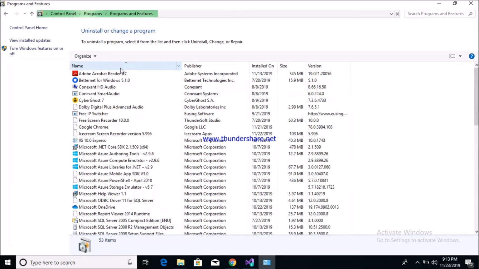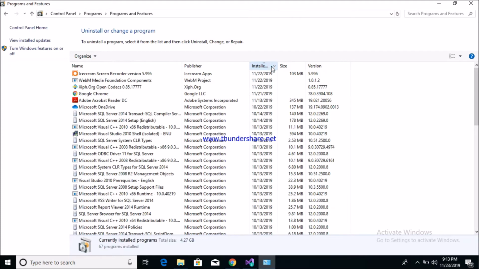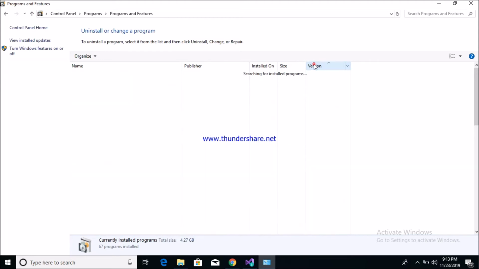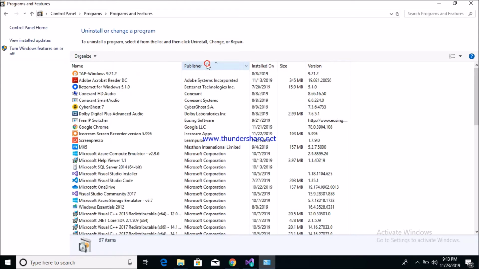Here is the program list, showing the installed programs on my laptop, and we can sort the programs based on installation date. We can also filter based on size, version and publisher, and we can customize the list depending on the different sorting. Suppose I want to uninstall some program on my laptop,